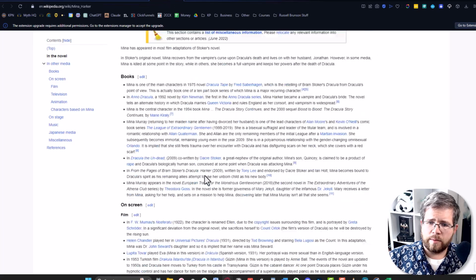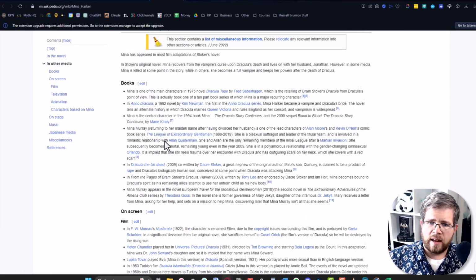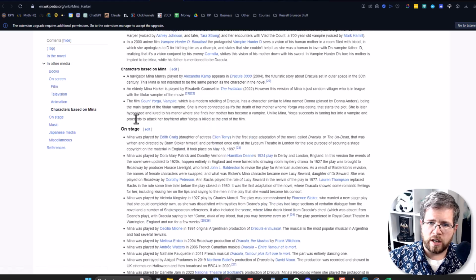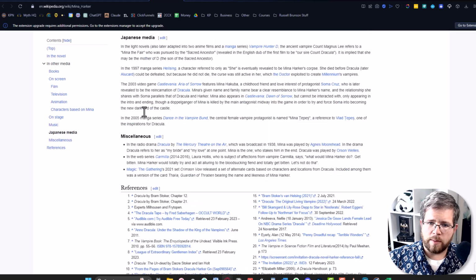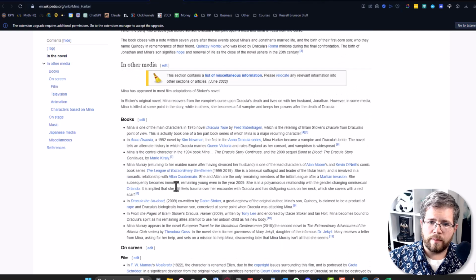Now, the next thing that we see in this article is this section on in other media, and then it's got books, film, television, animation, characters based on Mina, and on stage, and music and Japanese media. Like, we got a ton of stuff in here. And so I don't want my section to be quite as fleshed out as this, but what we will include